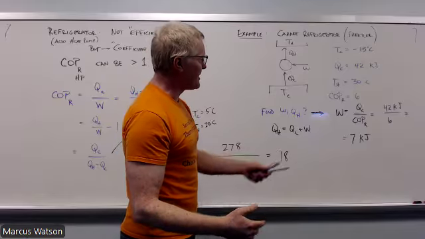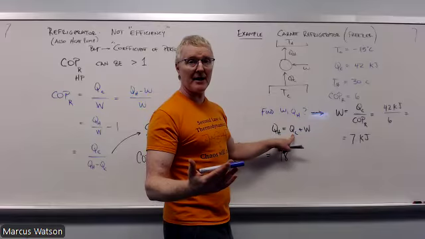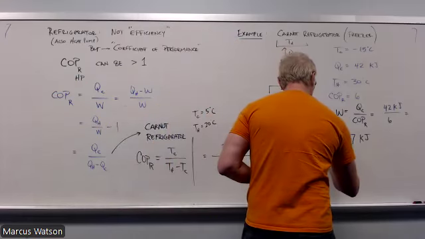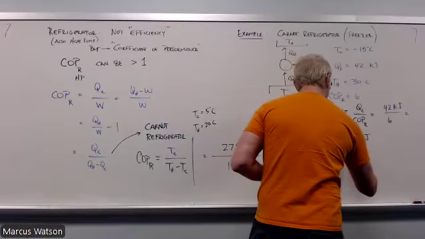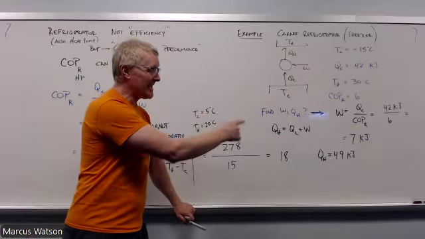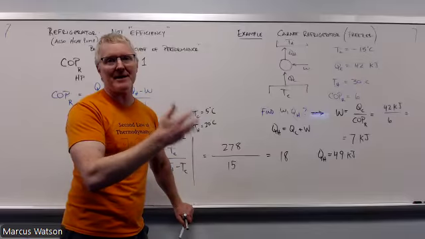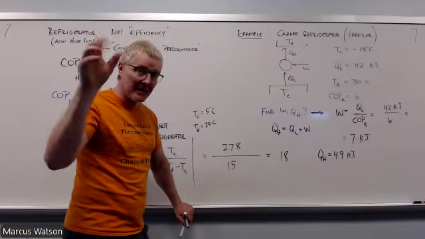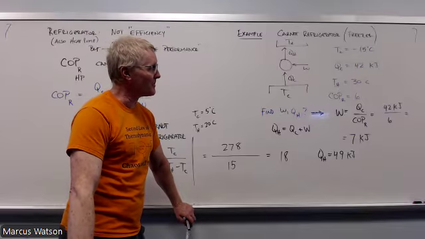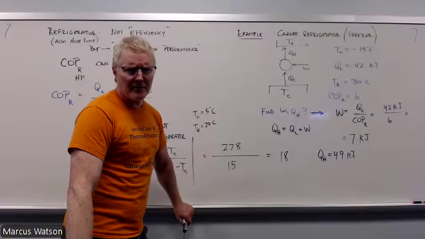When you look at this, whatever I had for the work, all I have to do is add that to the QC, and I'll get whatever heat's getting dumped into the room. In that case, you'll see that it's going to be 49 kilojoules every cycle. The outside of the freezer is heating up due to that heat getting dumped into it, or it's maintaining a hotter temperature, whatever you like to think of it. But I'm dumping a lot of heat into the environment outside the freezer, causing it to be really warm. Alrighty, so that looks pretty good.